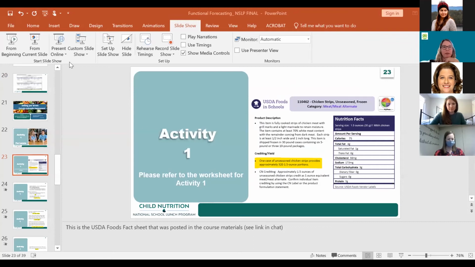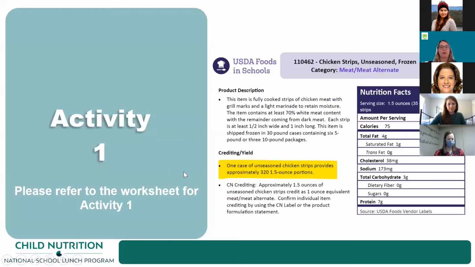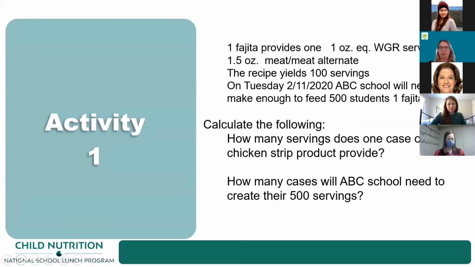So let's take a look at our activity here. Okay, so again, if you didn't have enough time to finish these, we'll go through the answers here. So given the information that was provided, we see that the school needed to make enough to feed 500